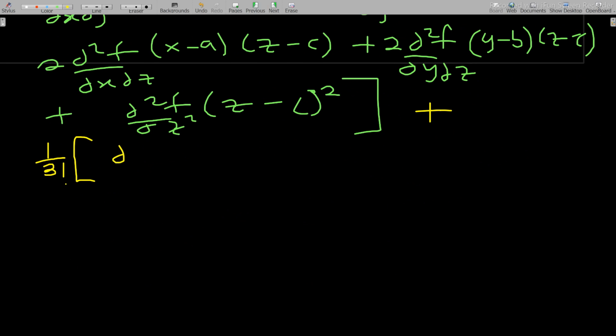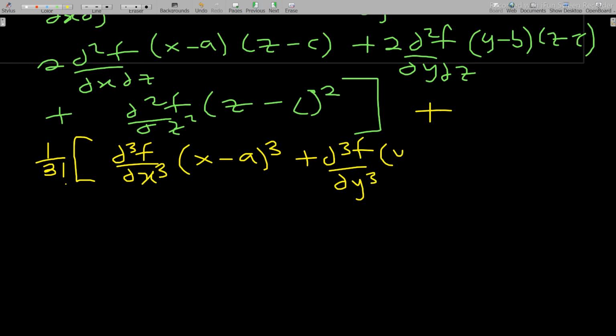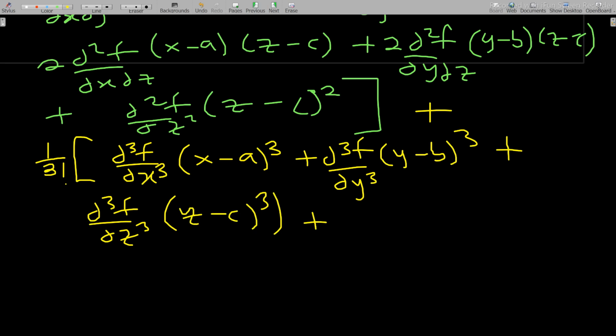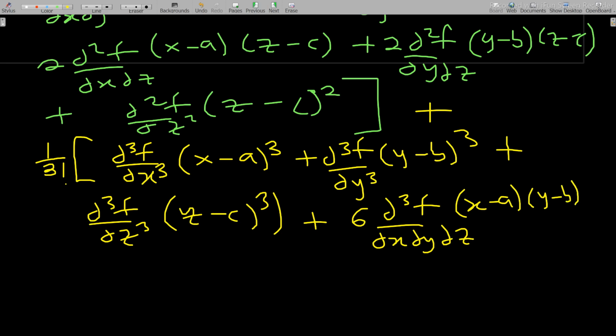It's very, very long. ∂³f/∂x³ (x minus a) cubed, plus ∂³f/∂y³ (y minus b) cubed, plus ∂³f/∂z³ (z minus c) cubed, plus 6 ∂³f/∂x∂y∂z (x minus a)(y minus b)(z minus c). This is how you multiply them. And plus